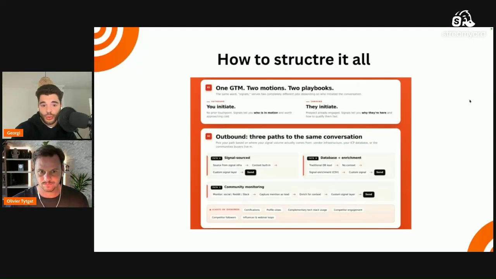Just to give a little bit of kudos to the evergreen plays, something that I've personally done a lot in the past is going after people who obtained particular certifications, people who viewed my profile on LinkedIn. So I just send them a message and then start the whole enrichment flow based on that. Tech stack usage: if someone is using, let's say, our friends at Salesforce, it's a good indication that they might need Signalbase too. Competitor engagements and data. So that's everything that I want you guys to know whenever you need to design your outbound motion.